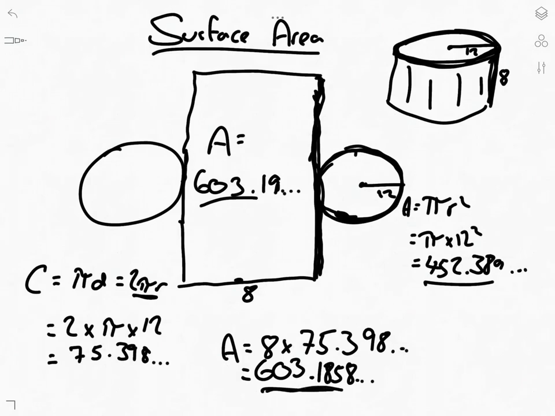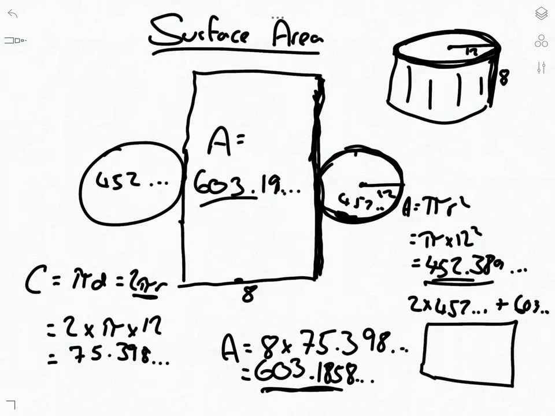And this one, which is here, 452. So then I can do 2 times this, add 603. Let me just work it out. I'm going to times it by 2, the answer I've got on my calculator, and add 603. I'm just going to do the calculation again, so I get the exact number. So I get 1,507.96, and that's rounded now,